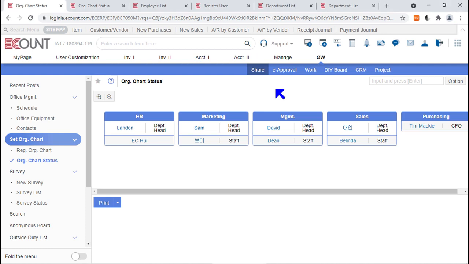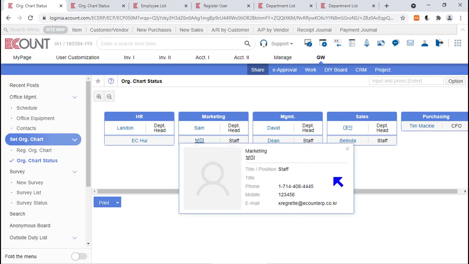In this video, we will learn about the organizational chart feature of eCount ERP. By using the organizational chart menu, you can create and view your company's organizational chart. You can mark the head of each department, and you can customize the fields that are displayed in the organizational chart,